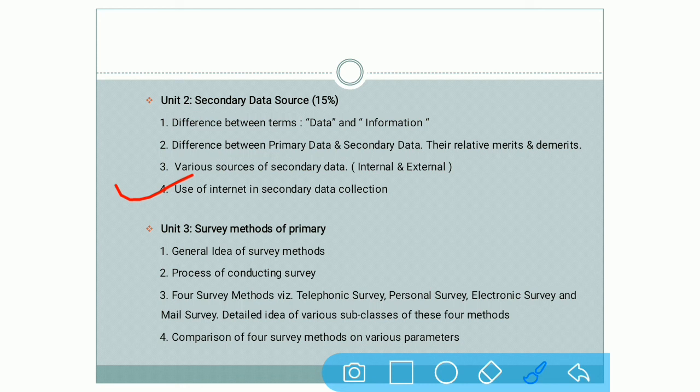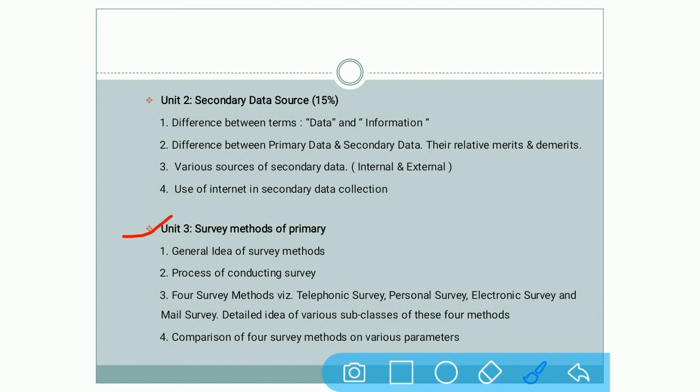As I said, unit number 1 has more details, but in comparison units number 2, 3 and 4 have lesser details. Unit number 3 is survey methods of primary source. That is, through primary data, which methods can be applied.